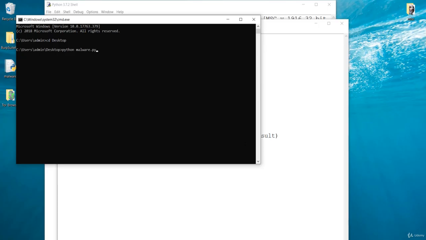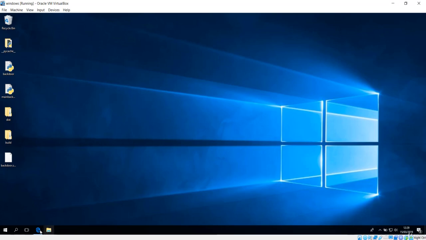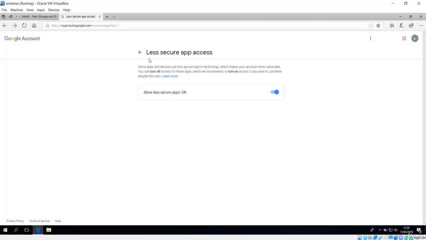And so before executing that, one thing you have to remember is you have to first go to your Gmail account and go to the settings, and you'll see that there will be some link, something like this, in this Google account, that is myaccount.google.com, and you have to make sure that this less secure app access is turned on. If you just turn this off, this is not going to work, so you have to turn it on in order to use this payload.